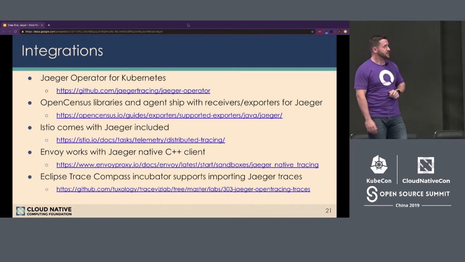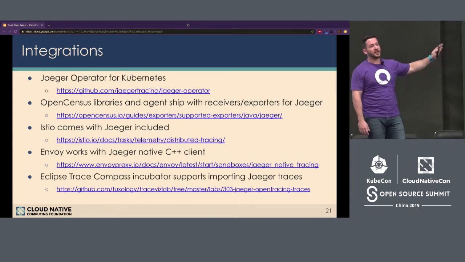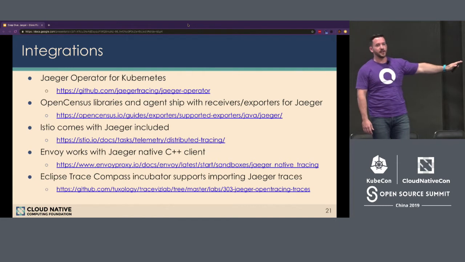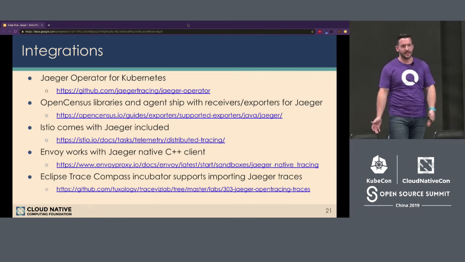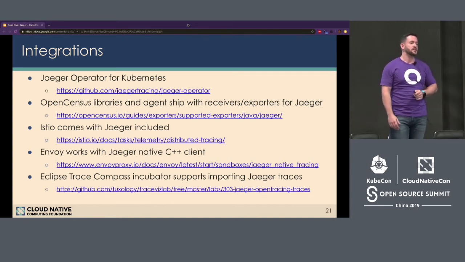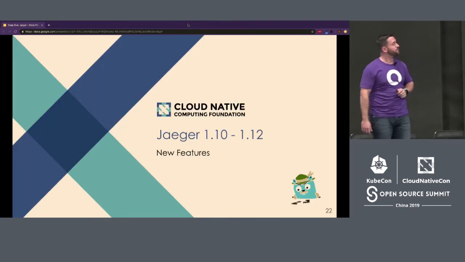Okay, so integrations. I just want to cover this real quick. Depending on where you are in your cloud native journey, there's a bunch of ways to get going with Jaeger. So for example, if you're on Kubernetes, there's a native operator that you can deploy today. If you're on Istio, there's integrations for that. If you leverage Envoy as a sidecar for your data plane or as part of a service mesh, that's already instrumented and fully supports Jaeger. So there's a bunch of ways to get started with little work on your end to actually consume Jaeger. I definitely encourage you to take a look at these resources. I don't have time to cover all of them.